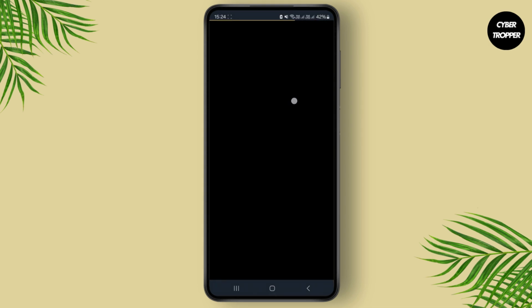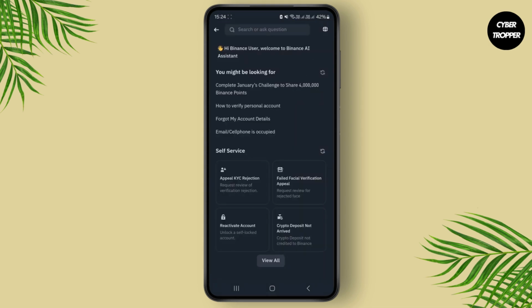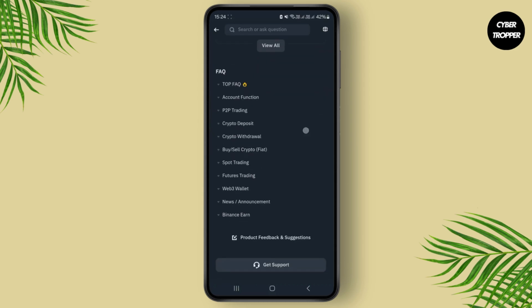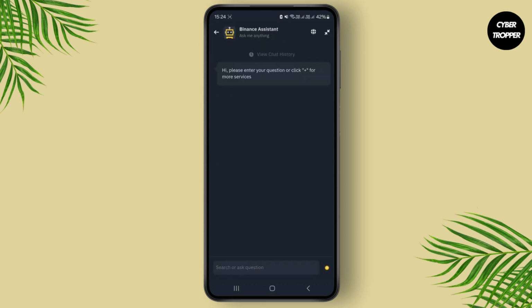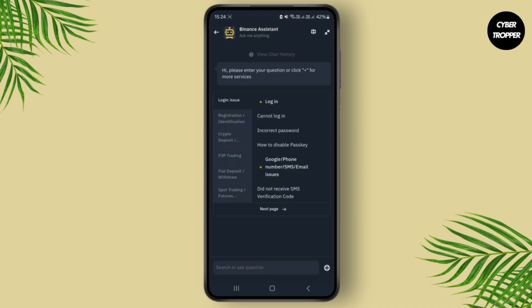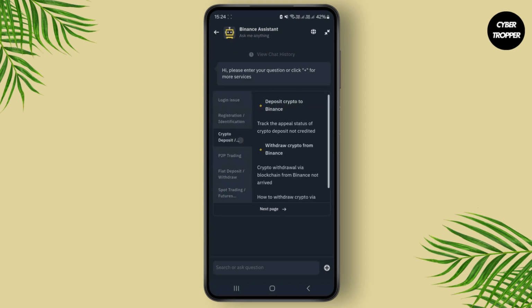Once you click on it, wait for some time and you will be redirected to this screen. Scroll all the way until you see the option Get Support, and just click on the Get Support option from over here. You can see the plus icon at the bottom right corner, and from here just click on FAQs, that is, frequently asked questions. From here you can simply select any issue related to your particular category,